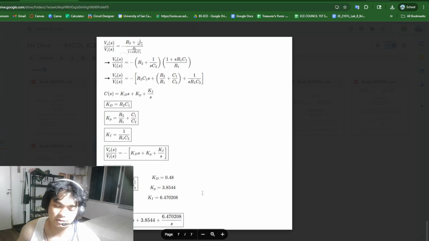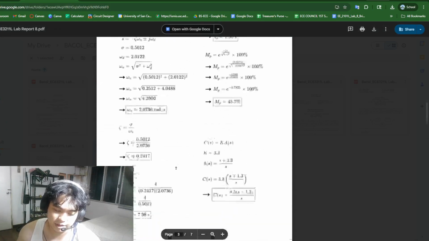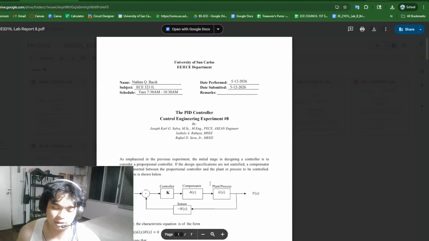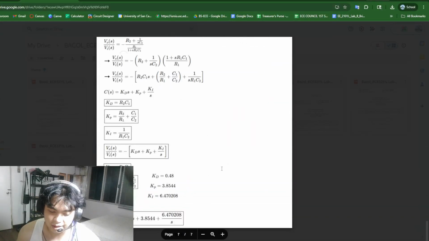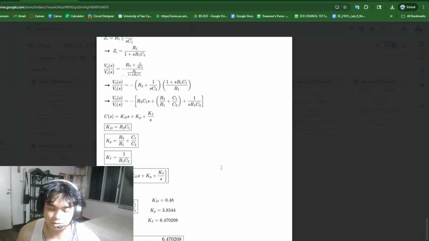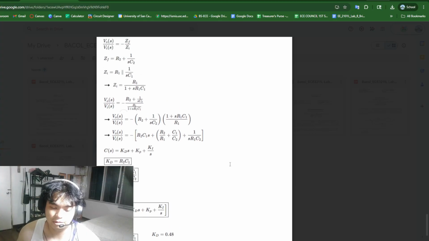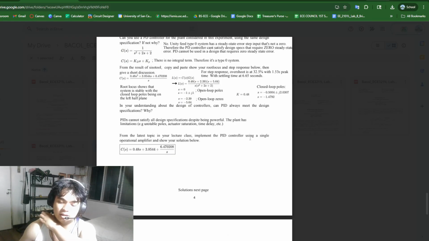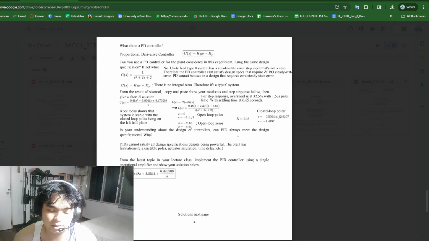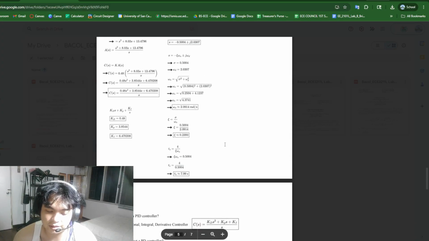One challenge of this entire lab experiment was understanding how the compensator transfer functions become PI or PID. Another challenge was connecting the root locus results with the step response graph and also the manual computations. My note to self is to review how the pole locations affect the damping ratio, settling time, peak time, and overshoot, because these values are very important